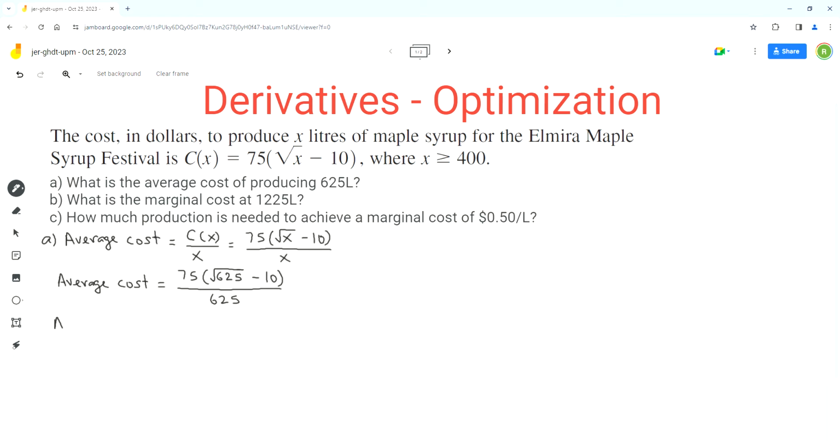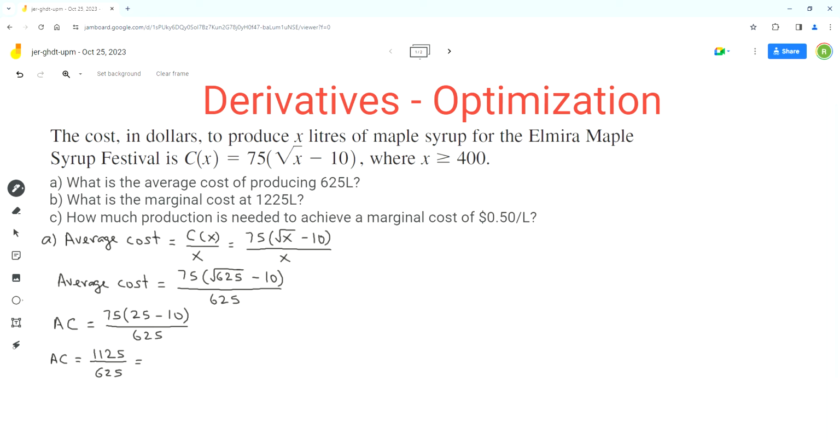I'll just write AC equals 75, and the square root of 625 is 25, minus 10, over 625. Then AC equals, 25 minus 10 is 15, and 75 times 15 is 1125 over 625, which is equal to